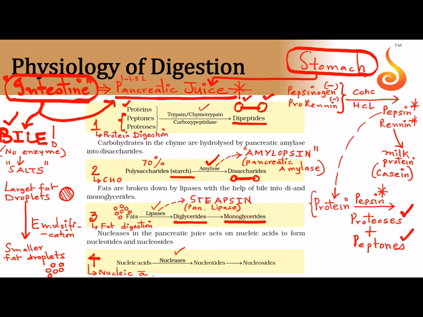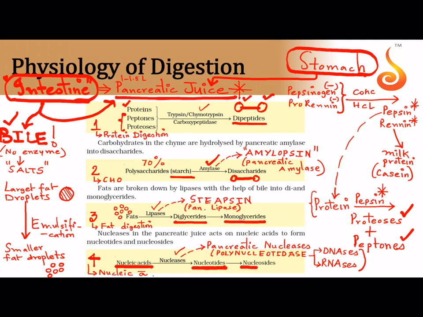And the last one is nucleic acid digestion. Here, again, it is always better to write it as pancreatic nucleases. I will give you another name for the pancreatic nucleases. They are referred to as polynucleotidases. Okay, the polynucleotidases are of two types. Some of them act on DNA, they're referred to as DNases, and some of them act on RNA, they are referred to as RNases, because the food that we consume has DNA and RNA in it, and that also needs to get digested. Therefore you have these polynucleotidases which break down the DNA or RNA into simpler monomer units